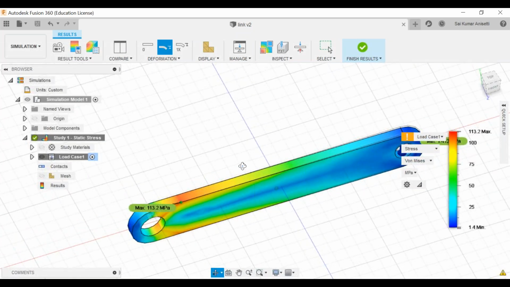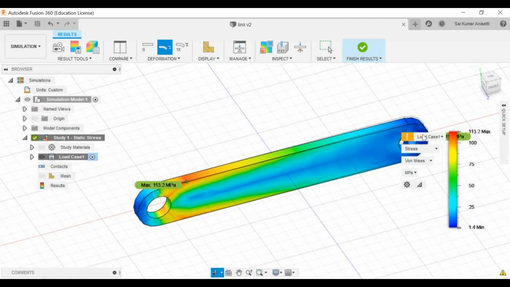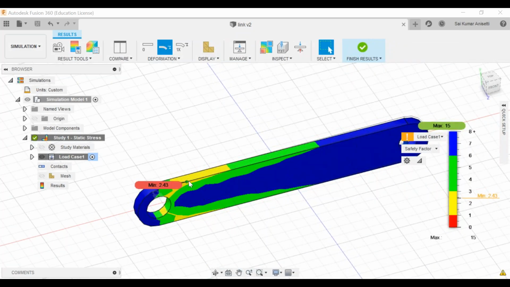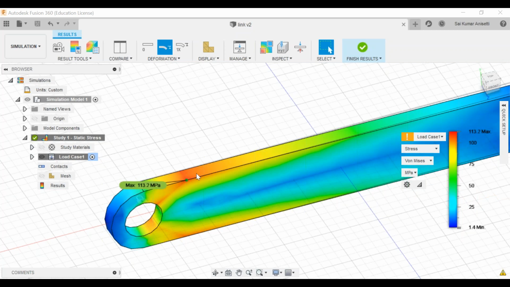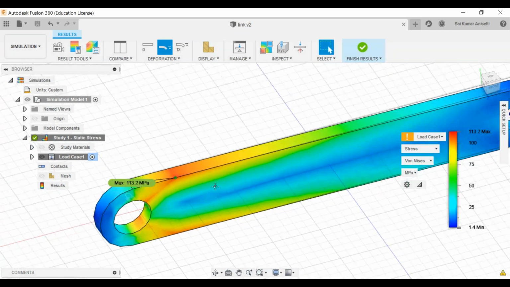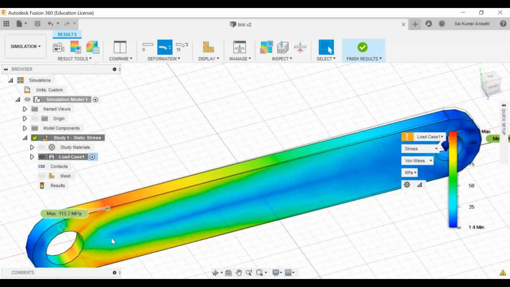And now, if I want to change my design, you have seen that your factor of safety is quite low. It is very low, it's not that high. Now what you have to do is observe where your stresses are actually developing. See, here my stresses are more. Then you have to change the cross section over here. Now I have given a uniform design, right? So you change the design over here. You add material over here, or else you change the design so that the cross section is more here and less at this end.